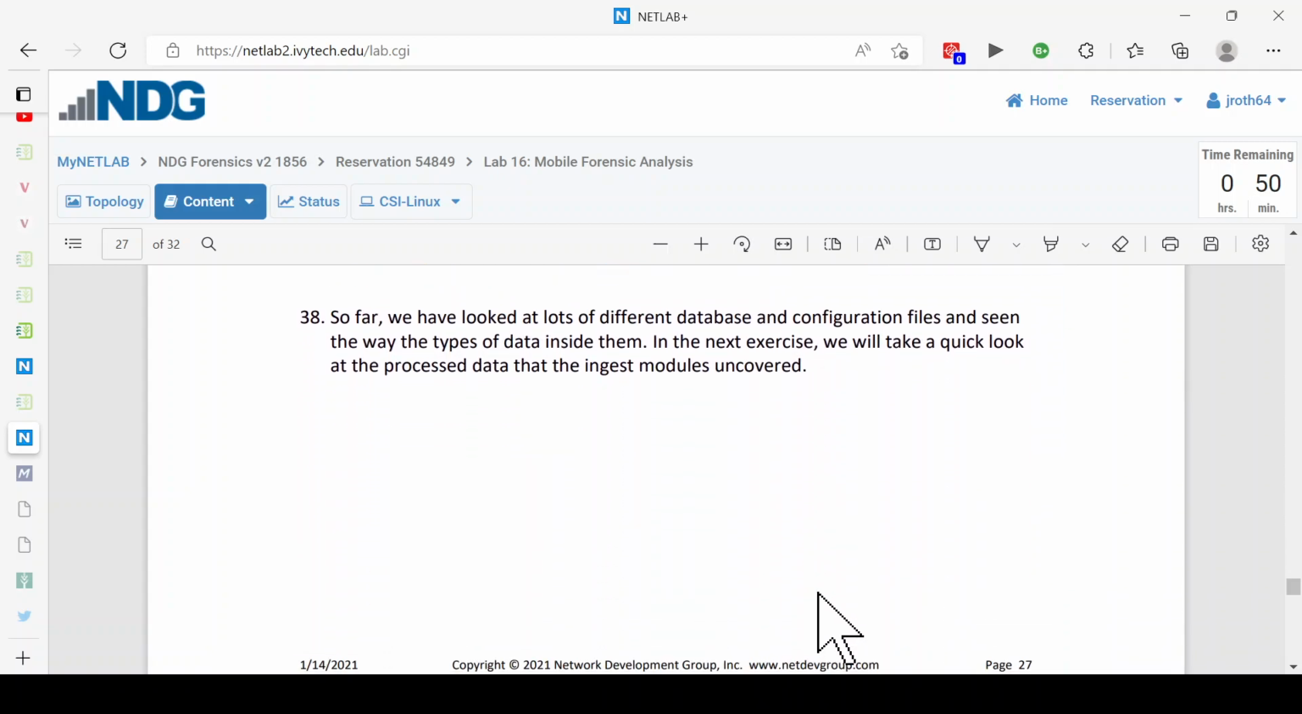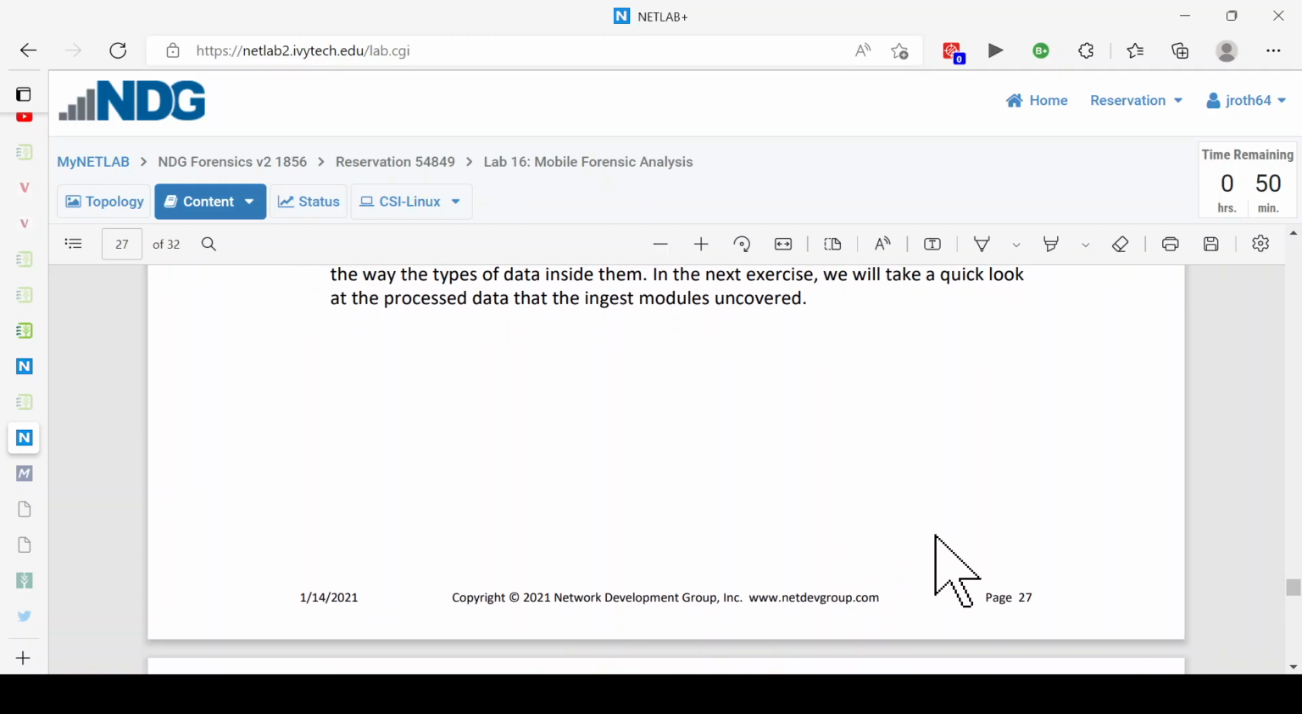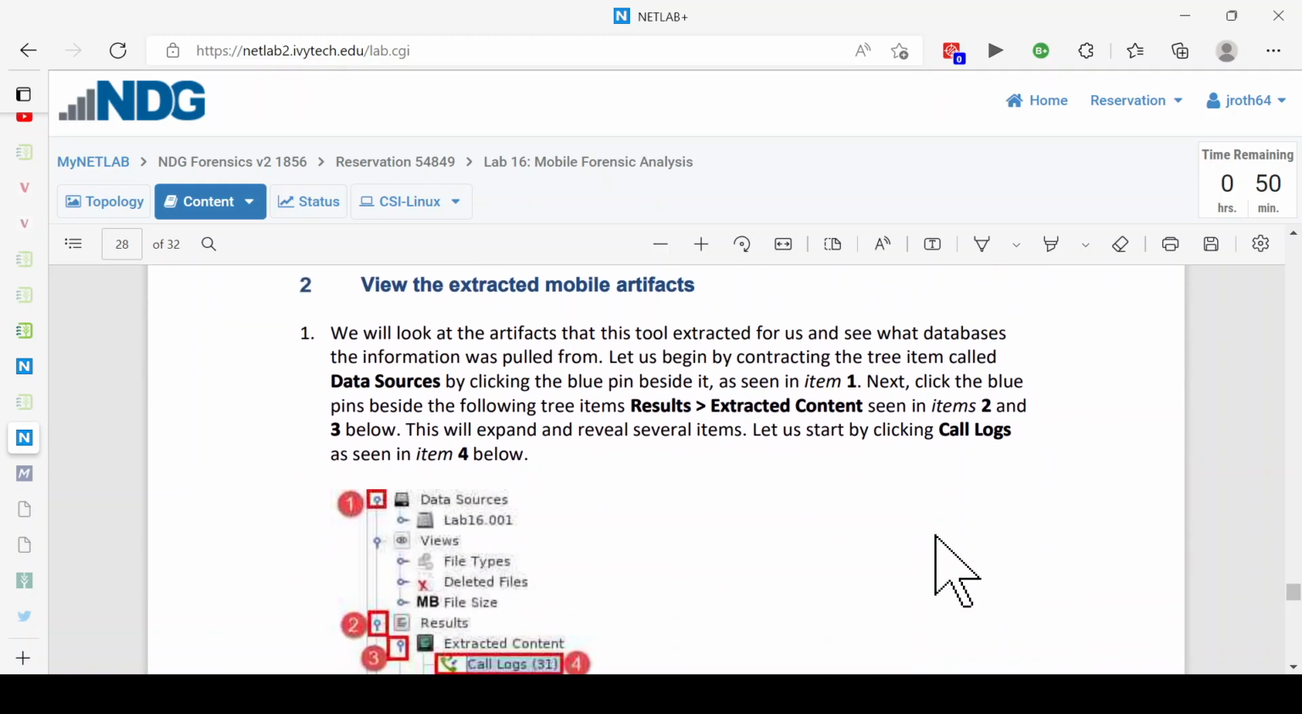So far, we've looked at lots of different database and configuration files and seen the types of data inside them. In the next exercise, we'll take a quick look at the processed data that the ingest modules uncovered. Step 2. View the extracted mobile artifacts. We will look at the artifacts that this tool extracted for us and see what the database is,